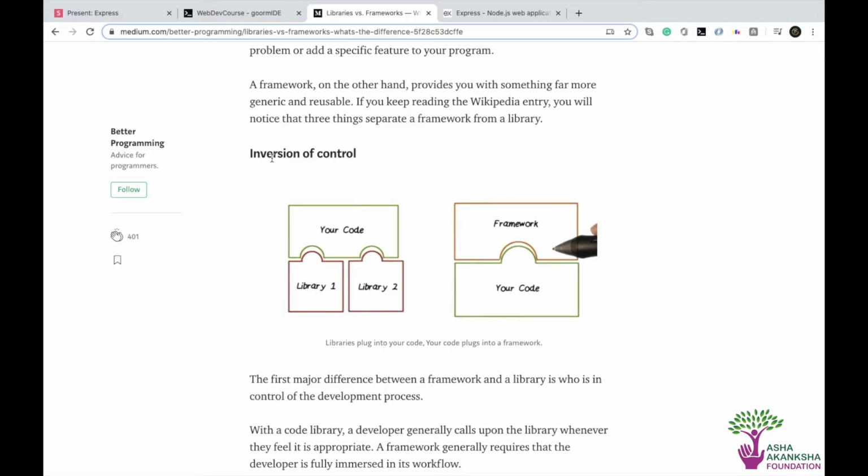So this concept that defines the difference between these two is known as inversion of control, right? And just to explain this term, we'll first have to see what the difference is. So in a library, if you remember Bootstrap, right? We were writing our code, we were doing everything, and then we were including one class to make our site look better, right?